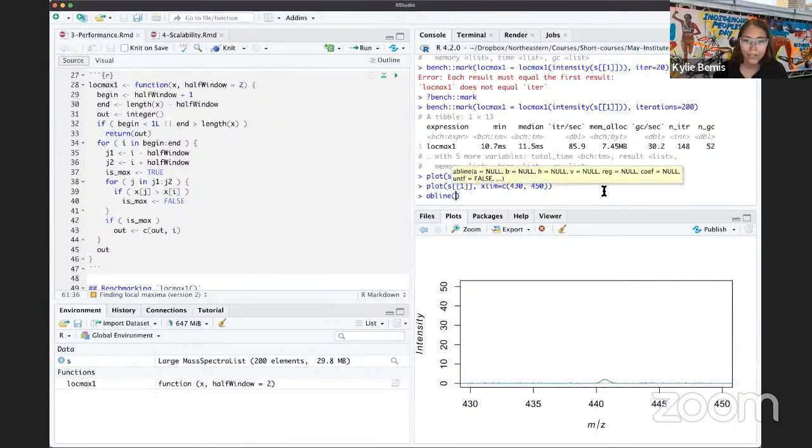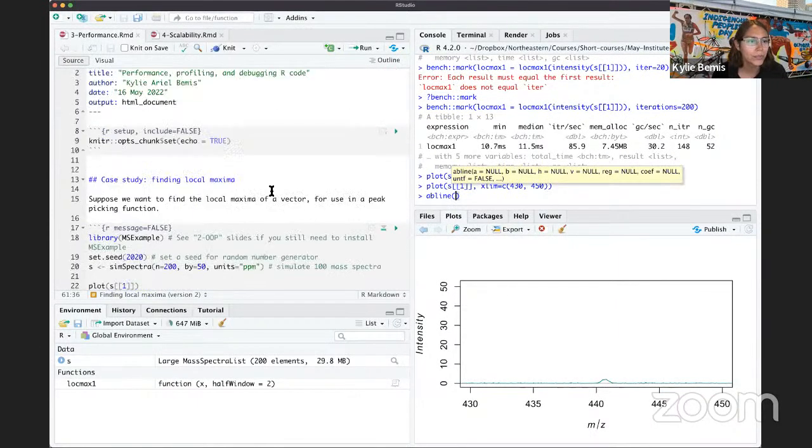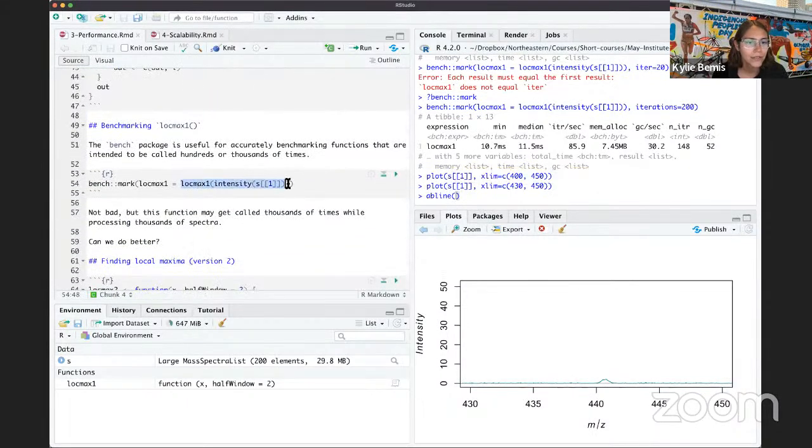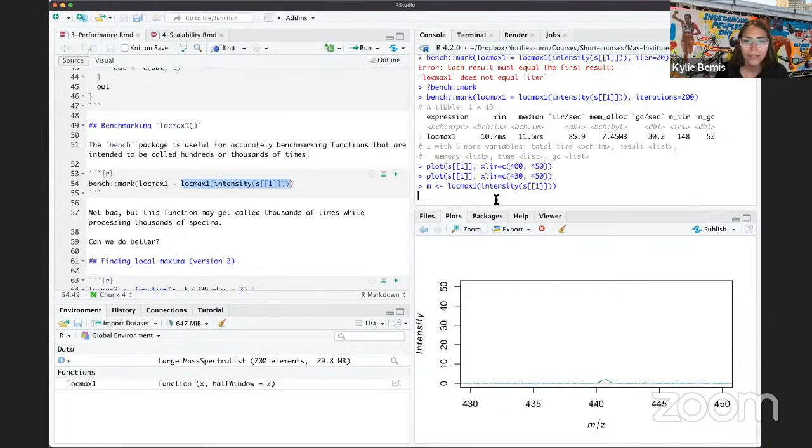All right, so here I'm just plotting the output of my function. So I'm running this on the, I'll call this M, so I'm running this on the